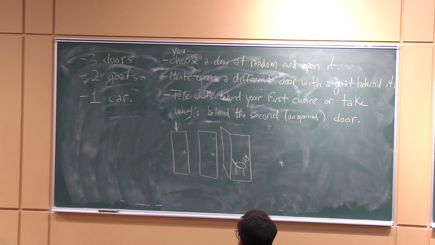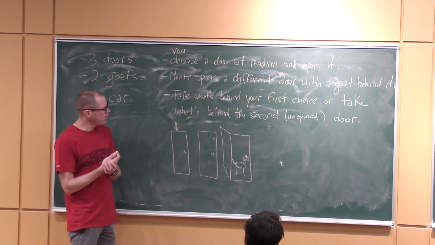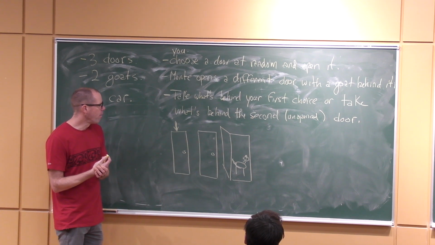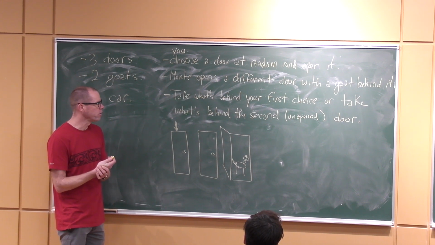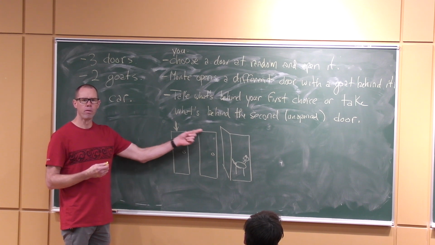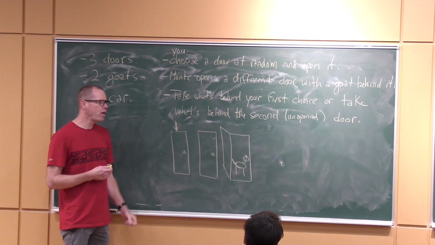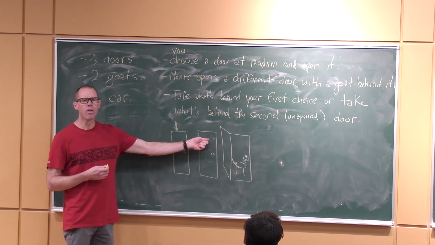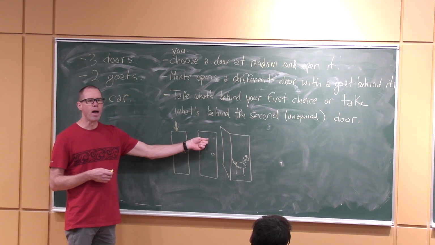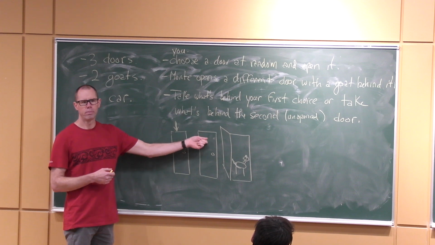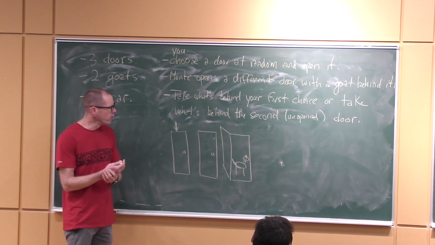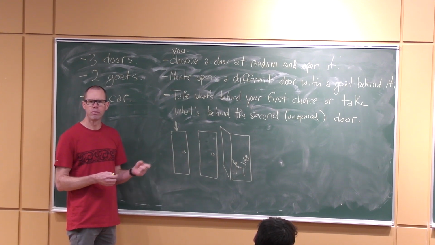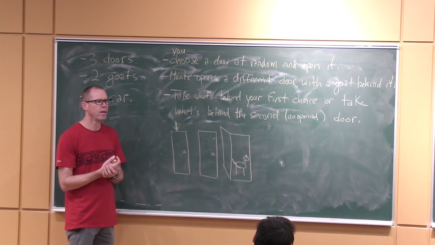Yep. The door is already open. Pardon me? One door is already open. Isn't it 1 out of 2? Well, it depends what you want to do. Your next step could be to toss a coin and pick one of these 2 doors at random. And then you know one of them has a goat behind it and the other one has a car behind it. And if your coin comes up the right way, you'll win. So you can win with probability 1/2 if you toss a coin next to decide. Can you do better than that?